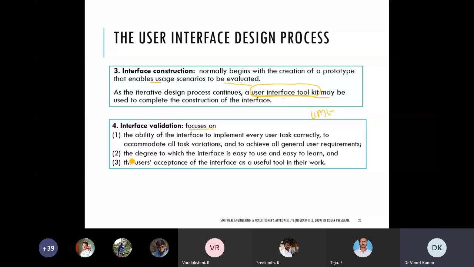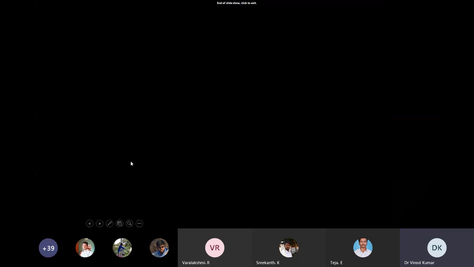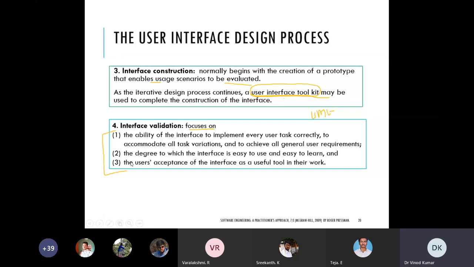That is, the degree to which the interface is easy to use and easy to learn, and the user acceptance of the interface as a usable tool in their work. So we will take care of these many considerations and keep them in mind. Okay, today the interface part is now over.